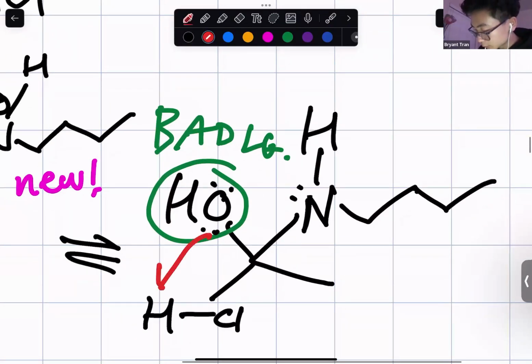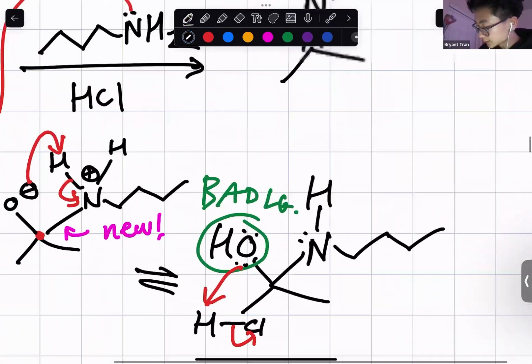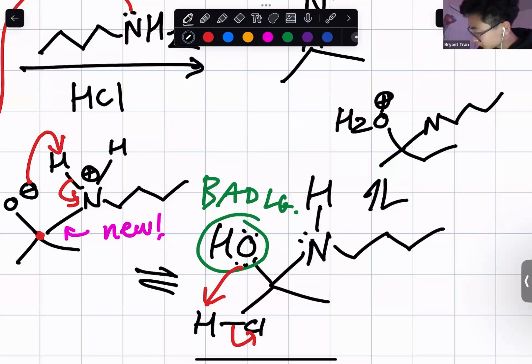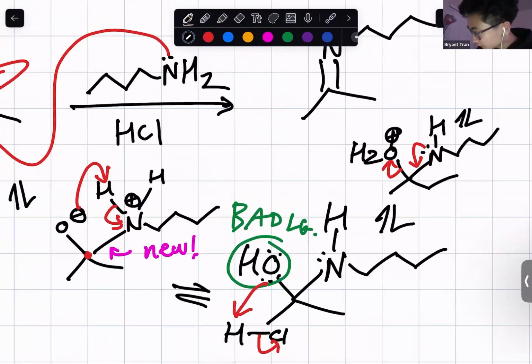So this O minus, this oxygen here, is going to attack that H, kick out the Cl, to give us this oxonium ion, OH2 plus, which is a good leaving group, right? Now, once we have the good leaving group present, this nitrogen with the pair of electrons can make that desired double bond between the carbon and nitrogen. And to conserve the octet rule, kick that guy out. And we're going to get this